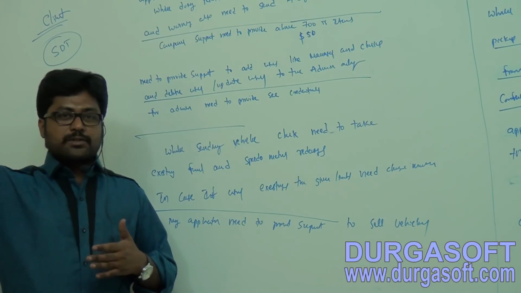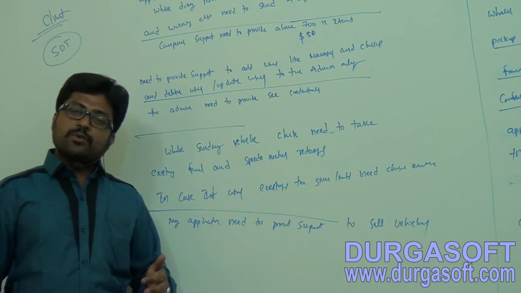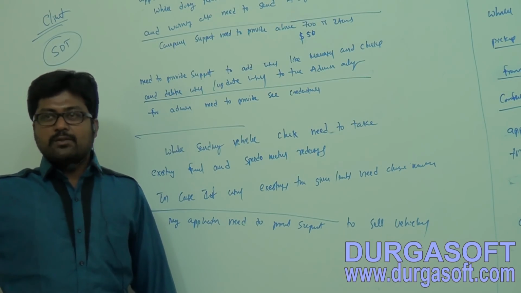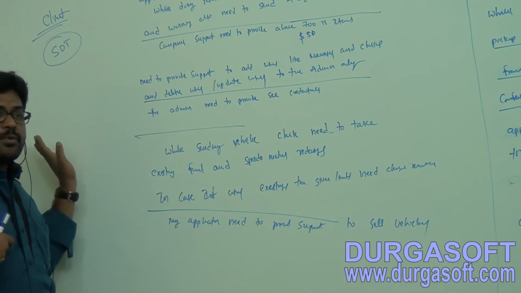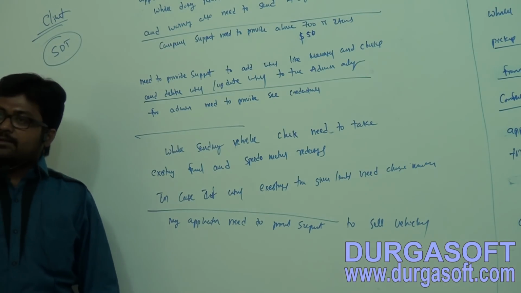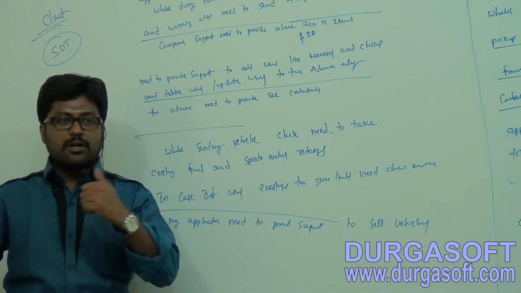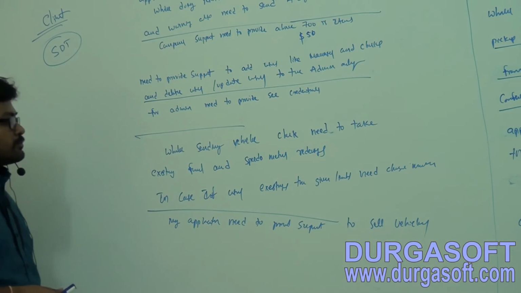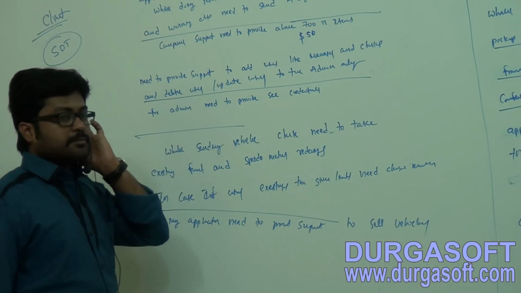That one is an employee management system. We need to maintain a separate module again. So in one application we have to maintain some other modules again. The employee management system he needs to maintain separately. That one will not come under my application, right? This one is different. Mainly my focus is to provide support to the end users. If you require that, we can build it as one separate module. That one is independent; we need not link it with this one. My application needs to provide support to sell the vehicles.